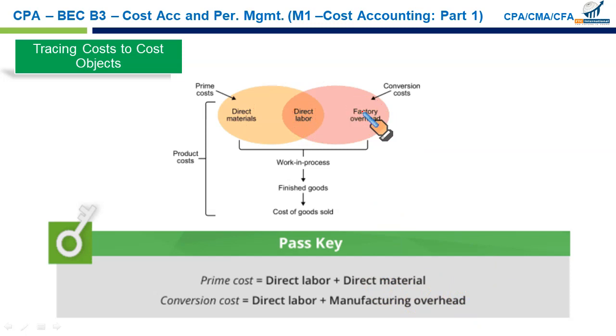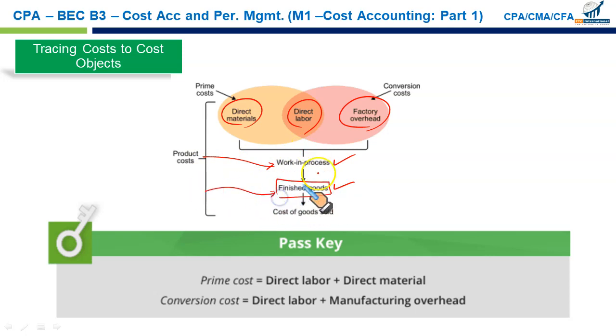Now, when you ask what the product cost is, of course, it is direct material, direct labor, and factory overhead. When the production process starts, some of the items will be completed and become part of your finished goods, and some will still be worked upon, work in process. So work in process is product cost, the goods that are not completed. Once the goods are completed, the cost incurred in completing the goods, all the costs so far, are the cost of finished goods. Once these items are in your store, they will be considered part of your current assets and inventory. But when they are sold, it becomes cost of goods sold.